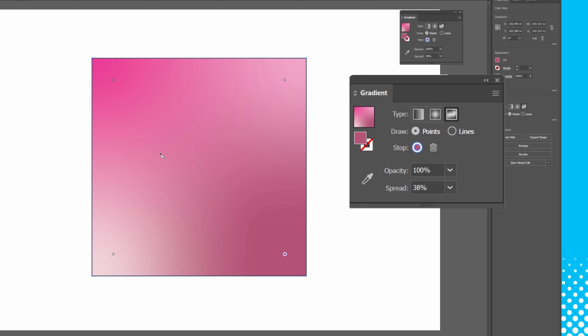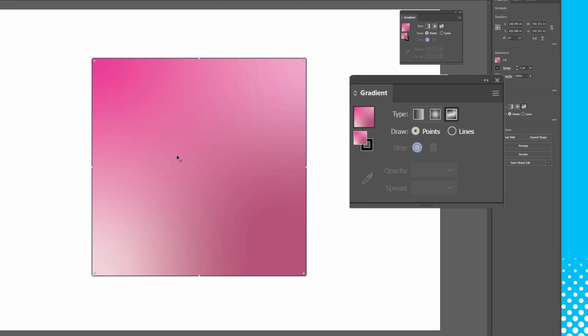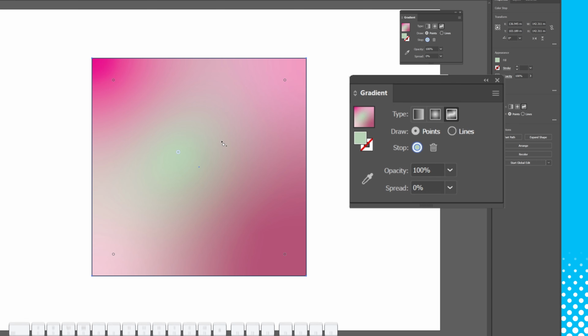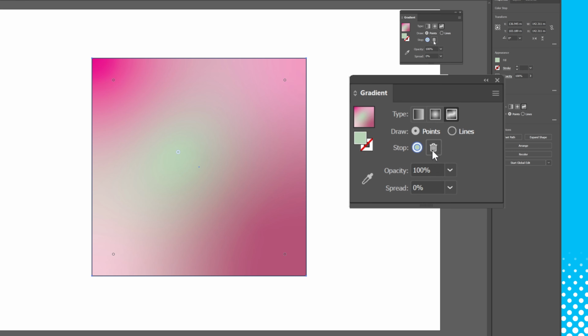Actually, I want 5 gradient points. So by keeping the gradient tool selected, I can click anywhere on the shape to make another one, which I can still adjust the weighting and color of. If you make another one by accident or just want to delete your gradient, you can select it by clicking it and then press the backspace button. Or, when it's selected, click the bin button here. Really simple interface here.